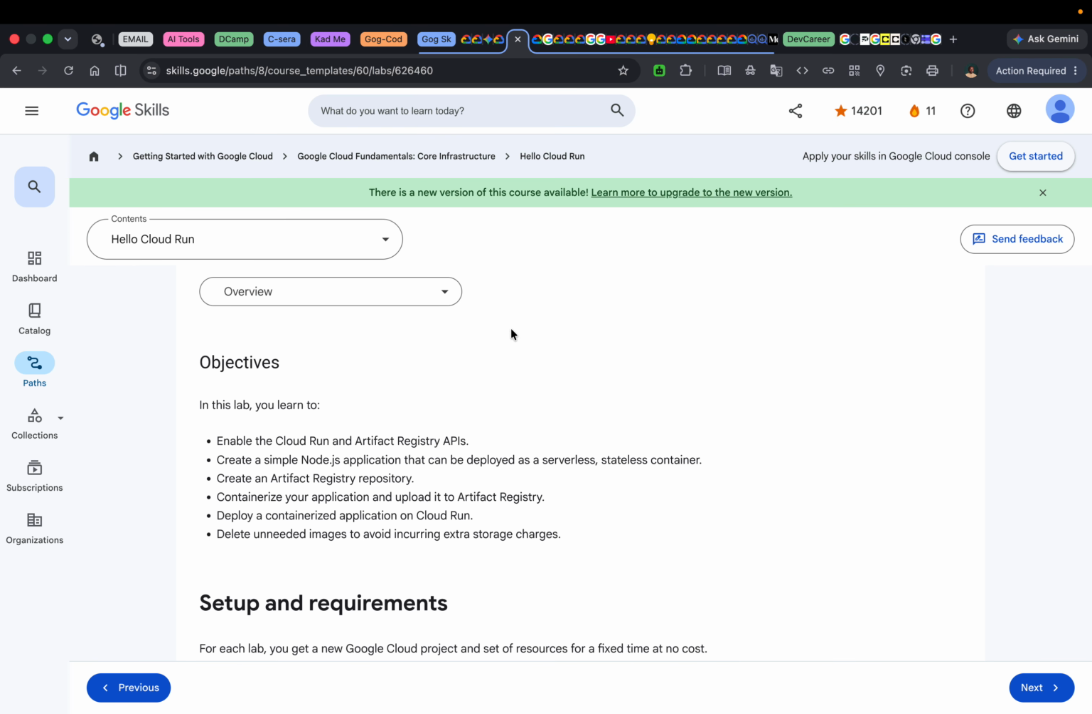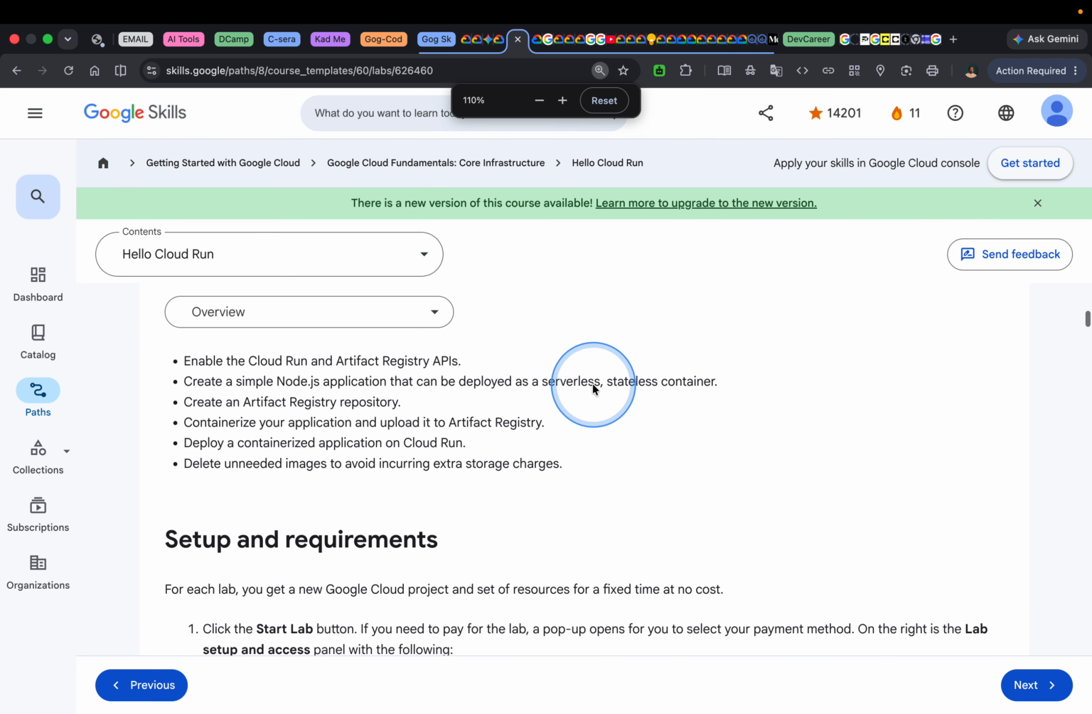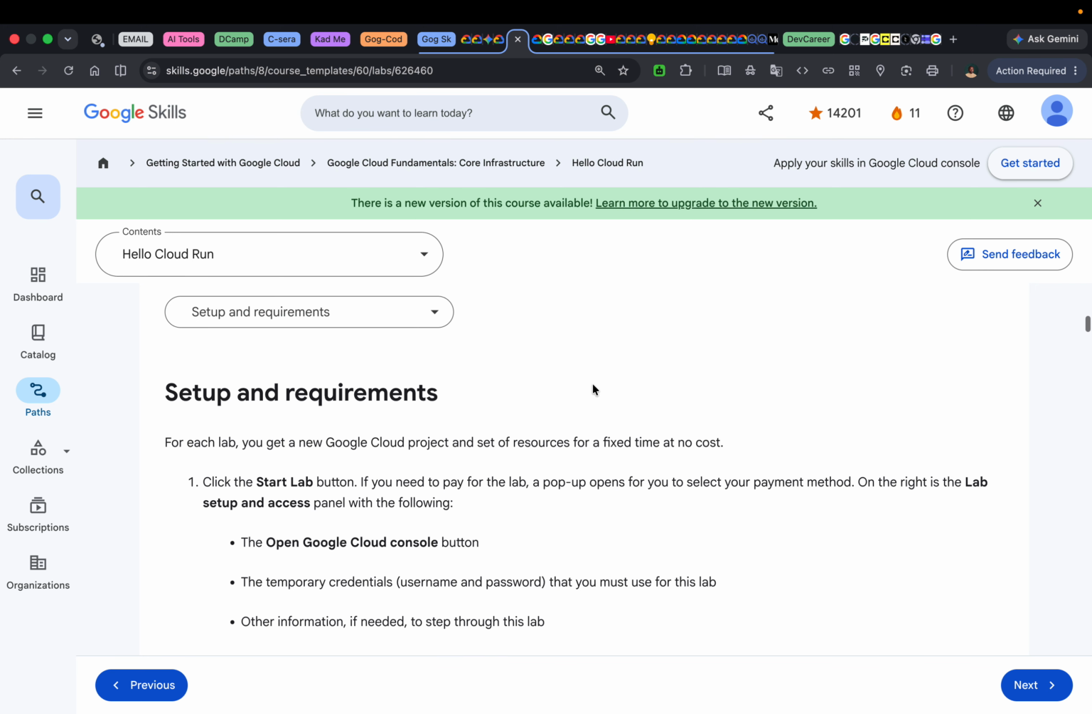So let's just probably increase the fonts here a bit. Okay, so now for the